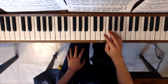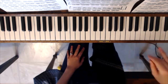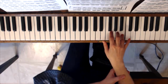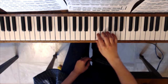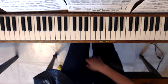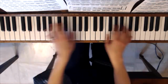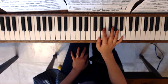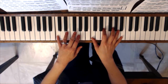Okay, so I wanted to show you the scale thing that I was talking about, because I was trying to air-play a scale. Basically, you wouldn't play a scale with your hand completely straight. Most people do this without thinking about it: your wrist naturally does a bit of swinging when you play a scale. We want to take that same idea, like when we're playing a piece of music, where our wrists and arms are moving around a little bit. So I'm going to show you how I would do Hanon for the first 3 exercises just to get you going. So the first exercise,